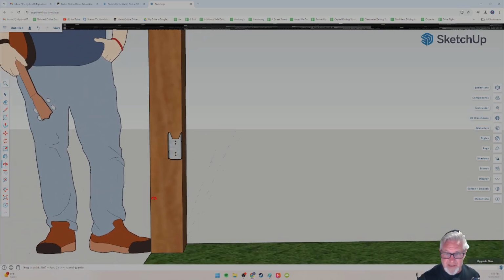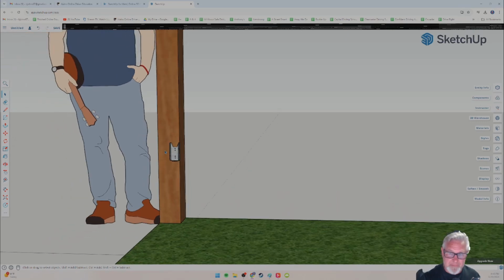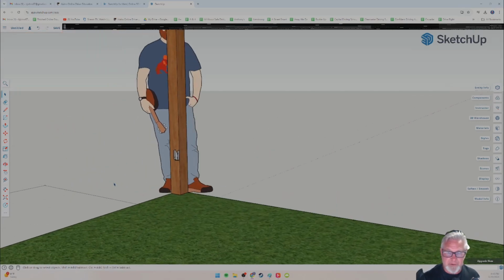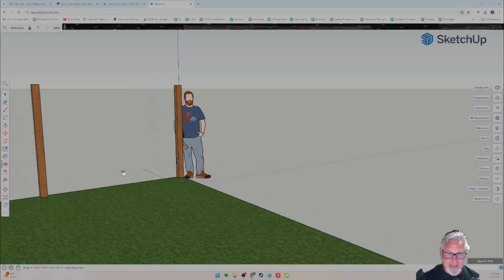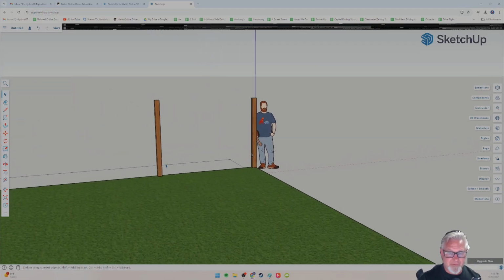So 12 inches up from the bottom, and it's on the inside of the post, not the middle or the outside, because we're going to put what's called the pretty side of the fence facing your backyard, right? So if you ever heard the term a neighbor-friendly fence,